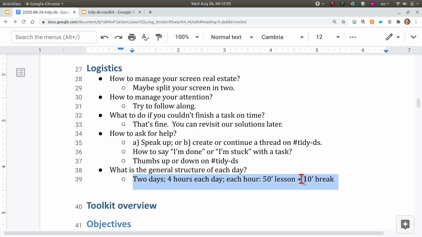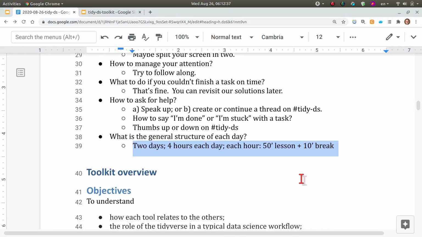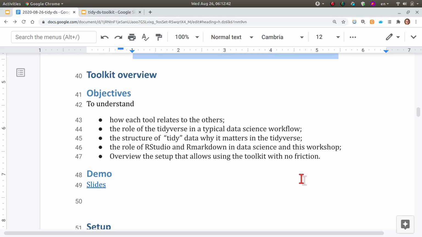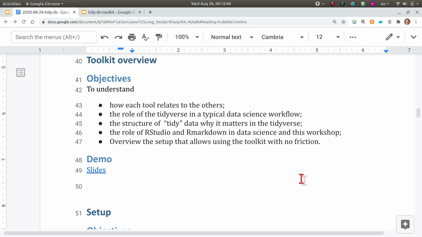For the video, that's not a big problem because we can just edit the thing. But for those of us present here, I think that structure is key for you to know that you can use. You're going to be free for the last 10 minutes of the hour, and then you have a commitment at the top of the hour. So the very first lesson is starting now. It won't require you to do anything in the first half. And the second half is going to be about setup, and you may need to do setup depending on whether you did it before or not.